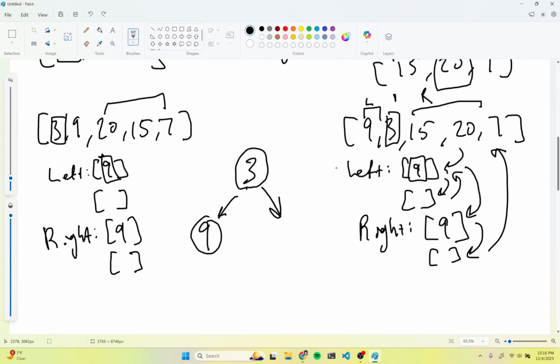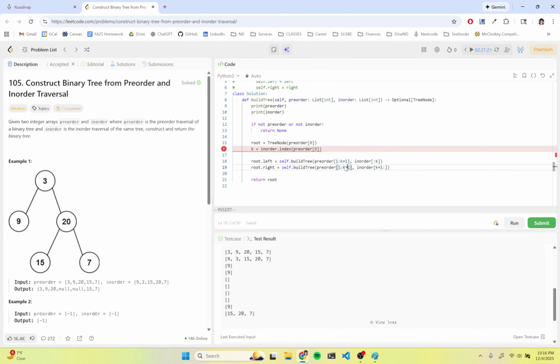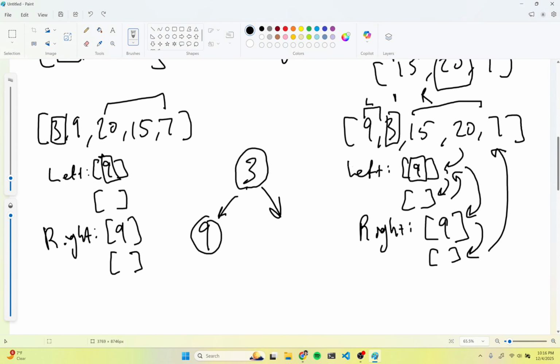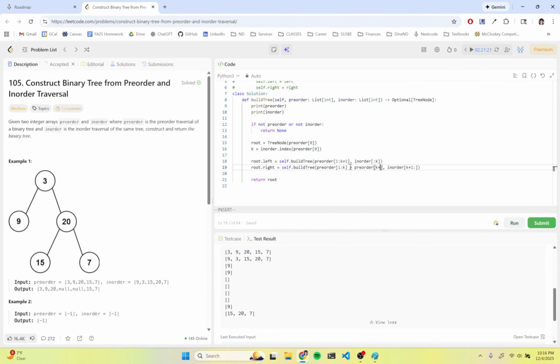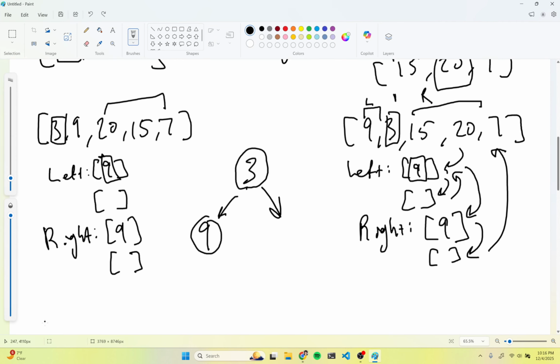But now I want to pop off the 1, skip the k, and go onward. So what I'm trying to do on the pre-order side,